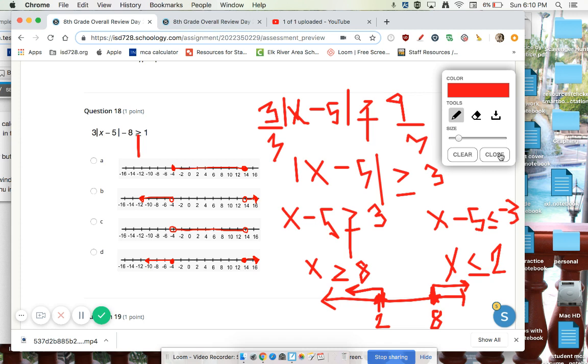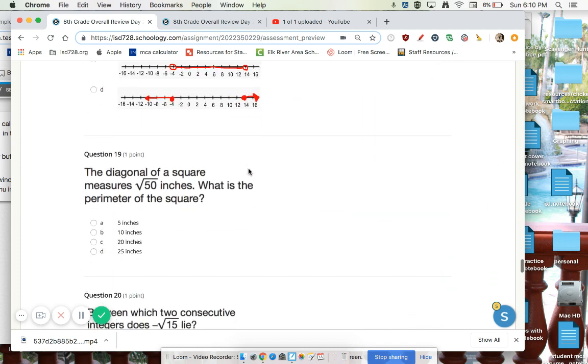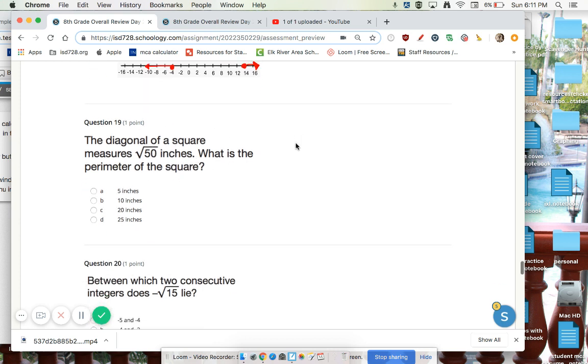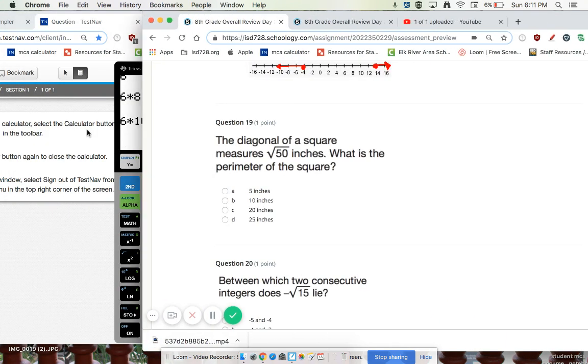Okay, so next one, 19. The diagonal of a square measures the square root of 50 inches. What's the perimeter of the square? So this is awesome. This is actually related. If you draw yourself a picture, always, whenever in doubt, draw a picture. Okay, so if I have this picture,